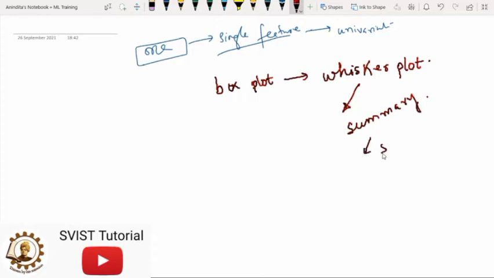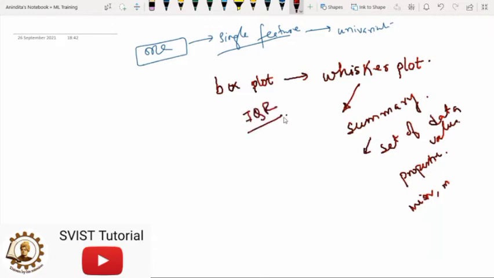Summary of a set of data values, which has the properties like minimum, maximum, first quartile, second quartile, like this. So what is first quartile, second quartile? I have explained everything in the video I gave you on IQR analysis. Mean, max, everything we can find out with the describe function.